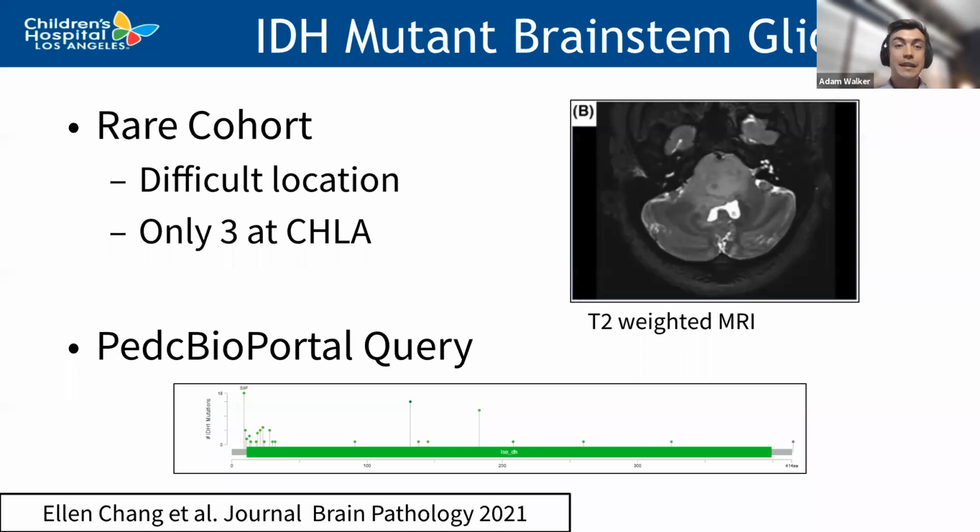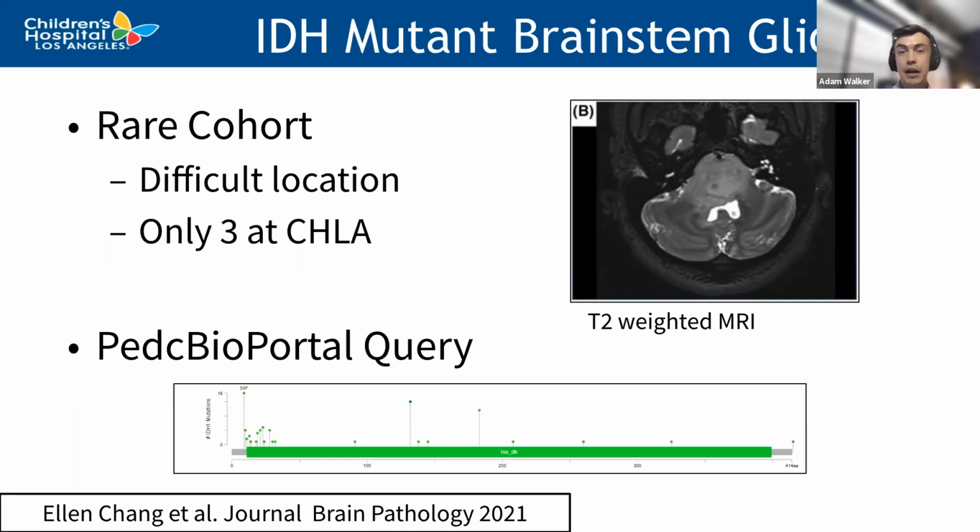And so we did a literature review of our samples here at Children's, and we came up with 3 good samples in the past few years. But as a part of this project, we really wanted to do a comprehensive literature review and see what other institutions had in their biobanks as well, and see if their data and their samples corroborated with what we were finding at our institution. And so we were able to utilize the Kids First data set and go in through